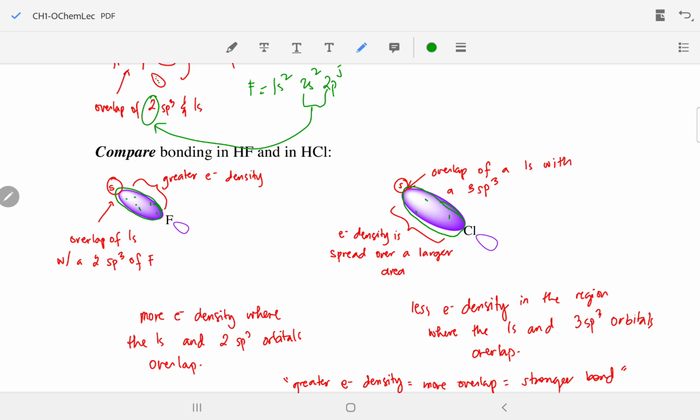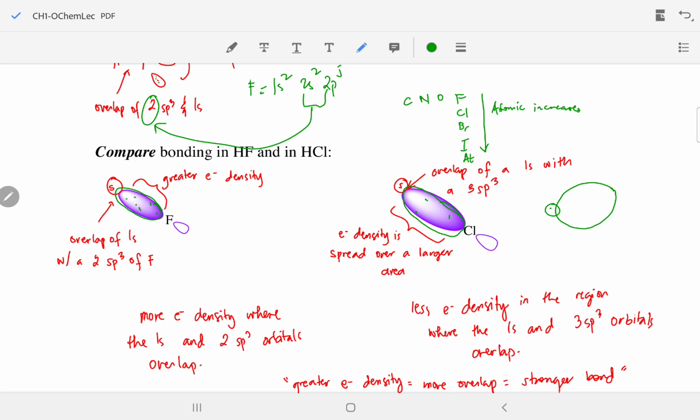In the periodic table, you have carbon, nitrogen, oxygen, fluorine, and down the column you have chlorine, bromine, iodine, and astatine. As we go down the periodic table, the atomic size increases. Meaning to say, iodine is larger than bromine, bromine is larger than chlorine, and chlorine is larger than fluorine. So therefore, because chlorine is larger in size, its